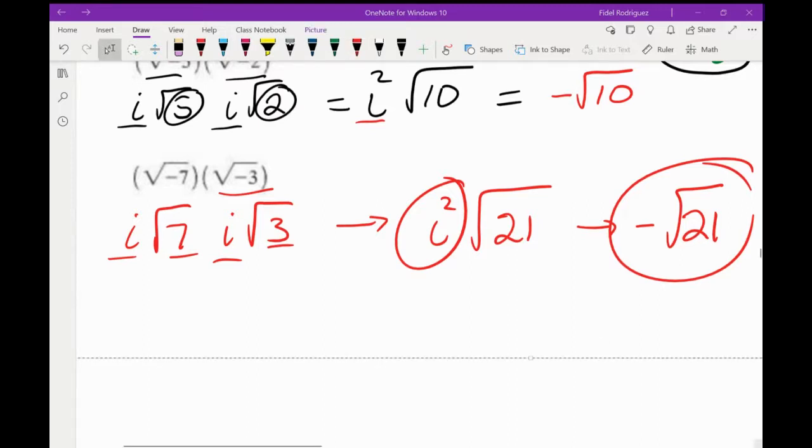Okay, so I'm going to keep moving along, but I got to ask you all a question. Is what we're doing so far, is this making any sense? Yeah, we're doing okay so far?